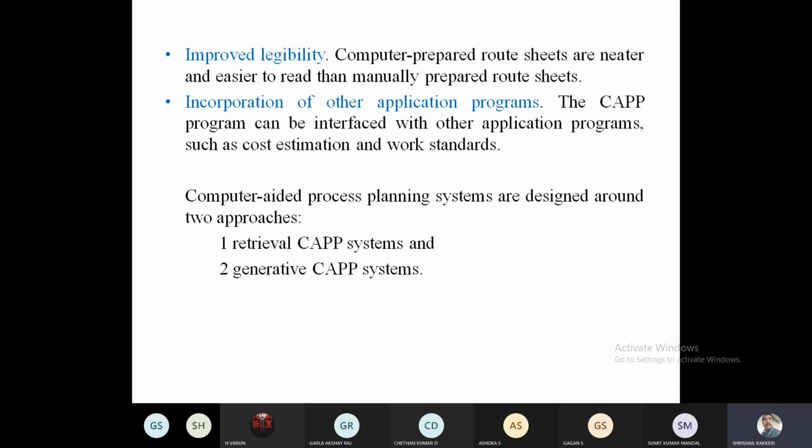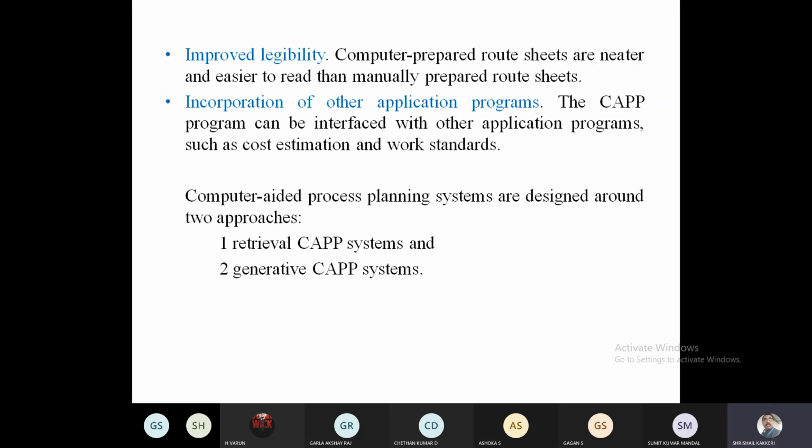These are very important. Explain what a CAPP is and explain different CAPP approaches or models. In retrieval, the information is retrieved, and if small editing is required, that editing will be done by manual method, and it will be rescheduled for production.